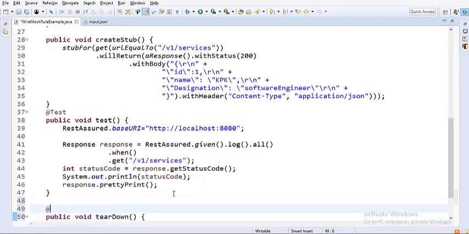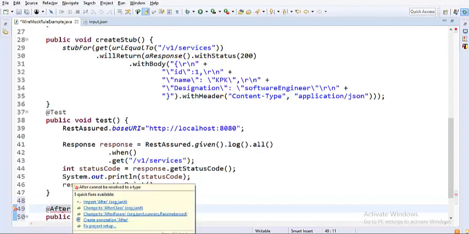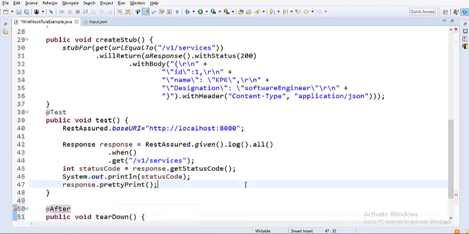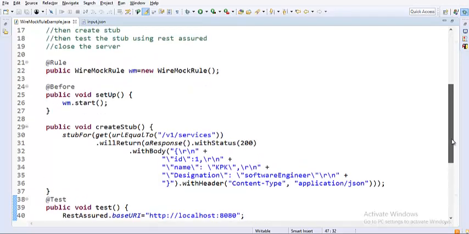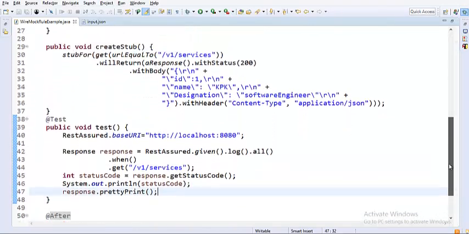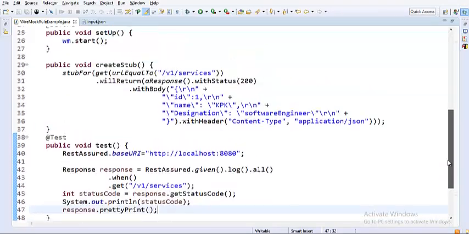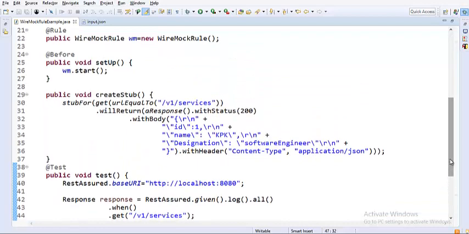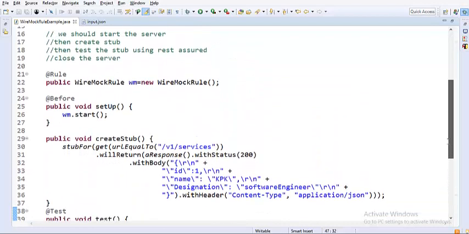So I need to annotate this particular method with TestNG @After annotation. If you see, guys, whatever piece of code is there in the @After and @Before would run either before the test or after the test. So initially, when the flow executes, TestNG or JUnit will find the @Before annotation and rule, and then it will start, and then the @Test would be executed.